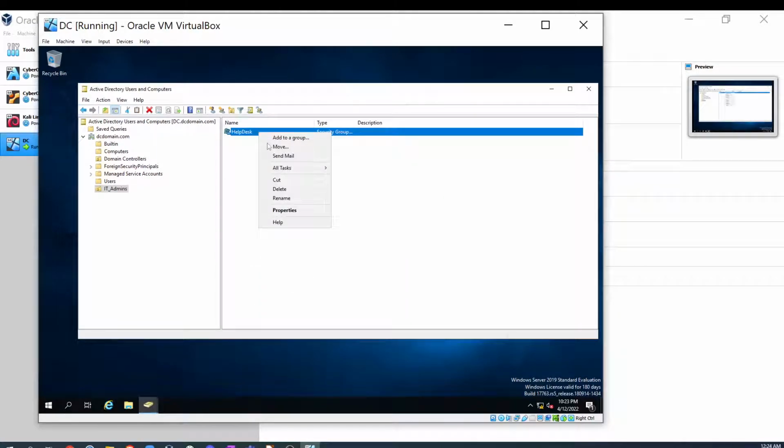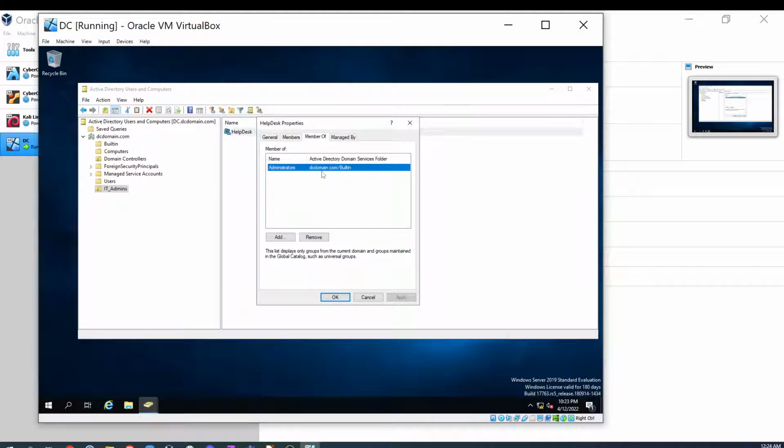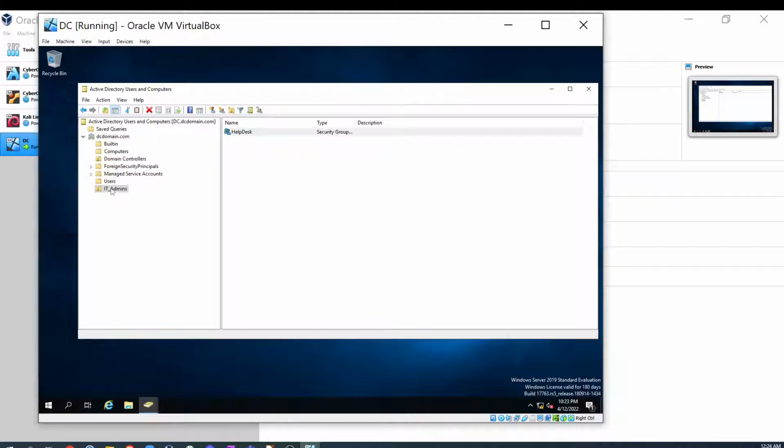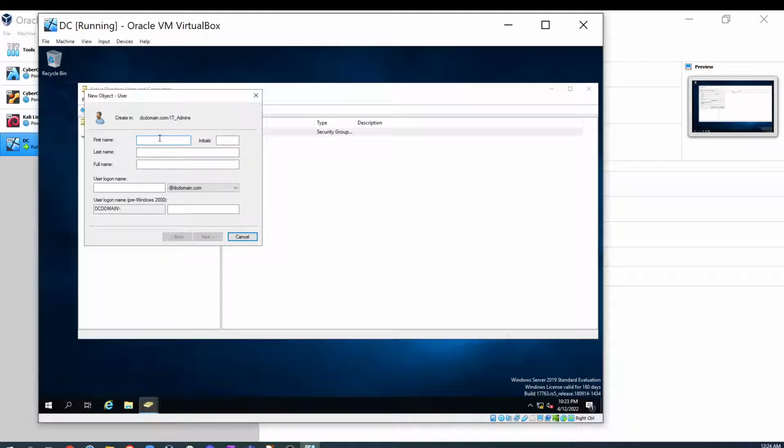And now if we check, that helpdesk group will be part of this security group, administrators. So what else can we do? We can create users. Let's say we want to create a new user, and we'll call him Jim